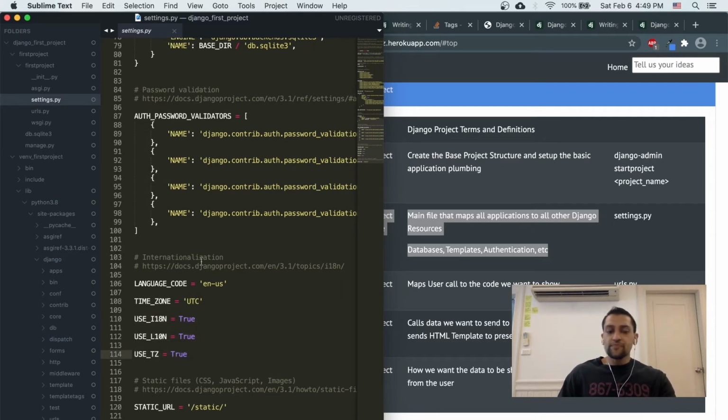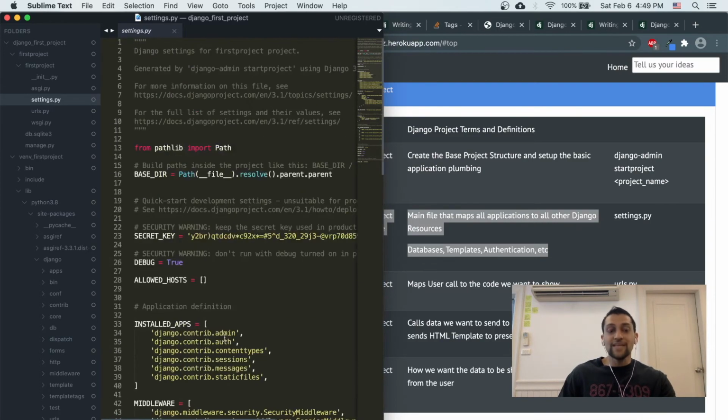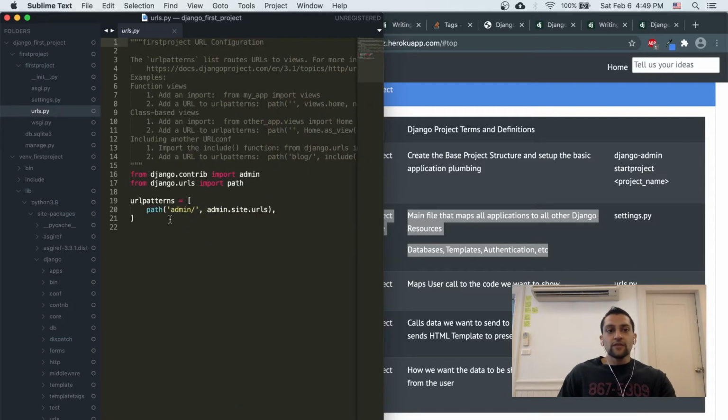Time zone and localization, all of these use these values as true or not true. So language code, this is localization, and this is time zone. So use these true or false, up to you แล้วแต่คุณครับ แต่อันนี้คือ basic, this is by default. Okay